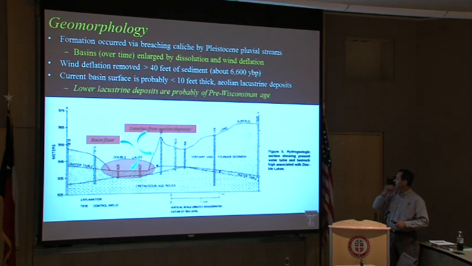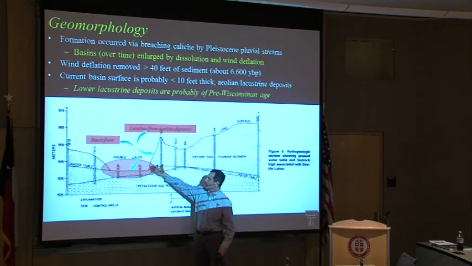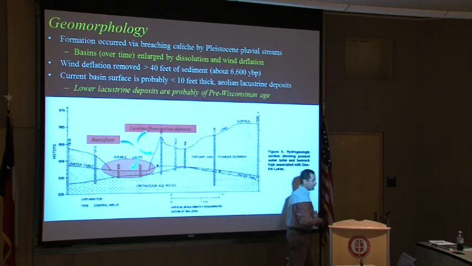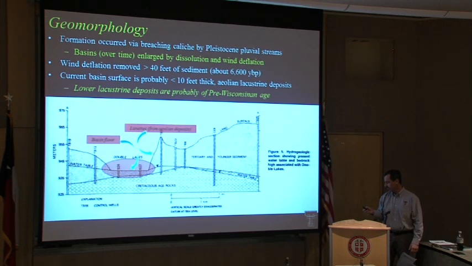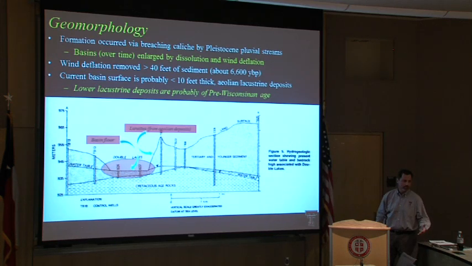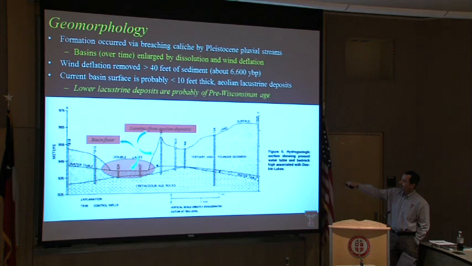This is a figure from Reeves and Warren Wood from back in the 60s and 70s when they were doing some of the work on these systems, particularly at Double Lakes, which is part of the T-Bar Ranch in Lynn County. What they're showing here is the top of the Ogallala, with some of these formations on the east side of these lakes. When these lakes get a little bit drier, aeolian deposition occurs, where lunettes form, basically blowout. They form on the east side, and some of them are pretty deep at this point in time.